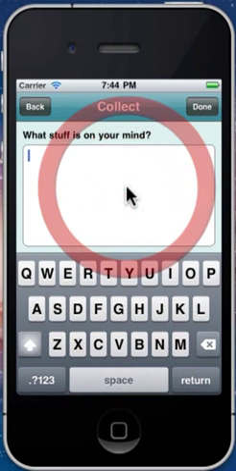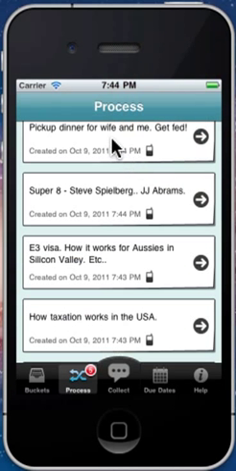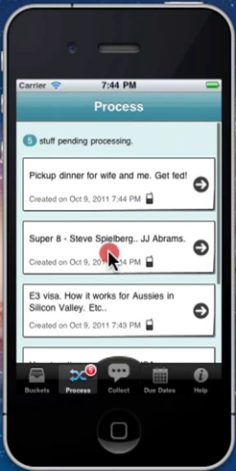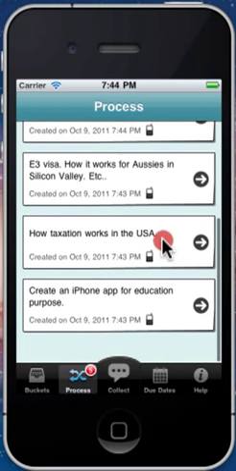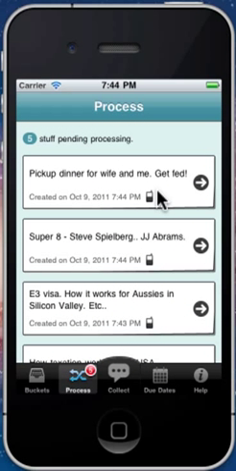Let's say you got to pick up dinner. Okay. All right. So this is the idea. You're collecting stuff, and there's a bunch of stuff collected. Now, what you'll see is you've used your mobile phone here to collect this stuff. Next versions of the app will allow you to collect stuff through other channels like email. There'll be a website. There will be also an Android app, the iPad, and so forth. But let's just focus on this application for now.